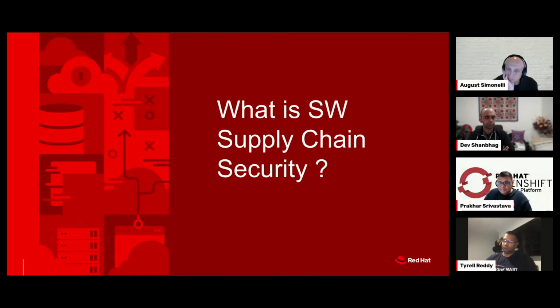Once we build the images, we know that a particular image was built on an authentic base image, maybe the Universal Base Image which Red Hat provides, which has already been tested for all the security measures. Then they put their applications on top of it, and we sign those things. That is what software supply chain security is all about: every aspect of your development cycle, we build security on top of it.